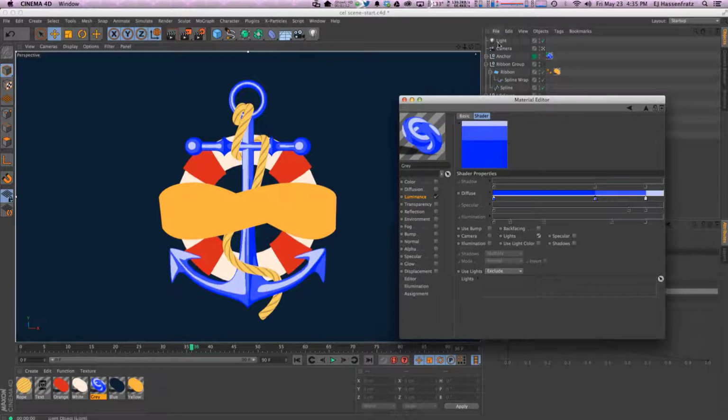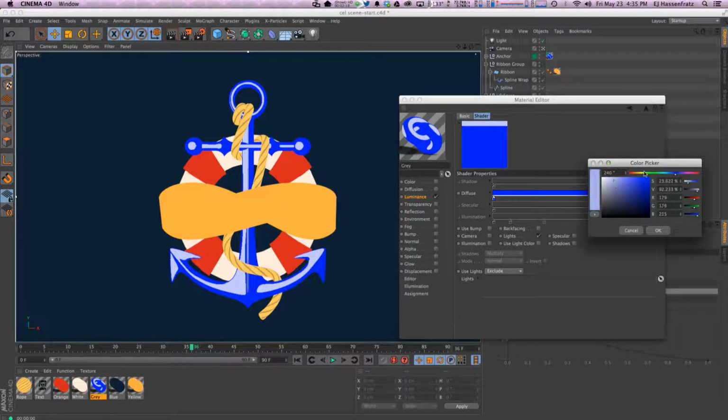So our light in our scene is now the one that's going to be driving all of these channels in our cell shader, and you can see that it's now being cast. All these diffuse layers or color shades are being driven by our light in our scene that's up in the upper left here. So I don't want blue. I'm just going to use a two-tone color here, and for this I'm going to use a very kind of blue greenish